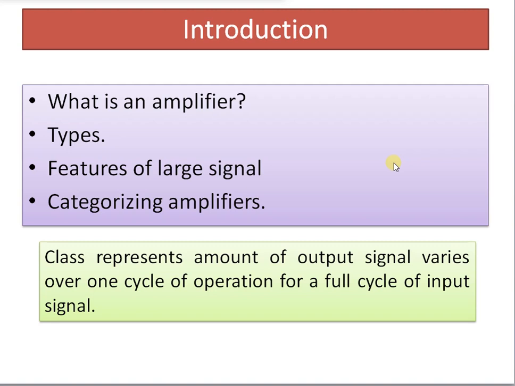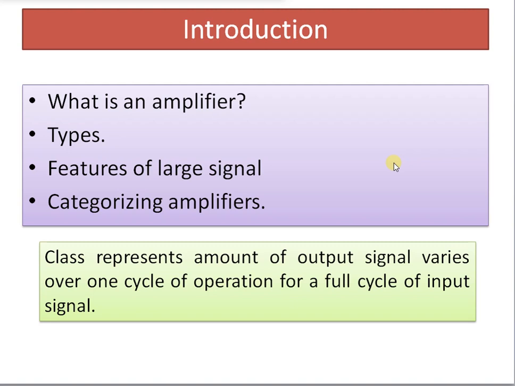So in the case of large signal amplifiers, we concentrate on amplifiers that can handle large voltage signals at moderate to high current levels. And the main features of large signal amplifiers are circuits, power efficiency, maximum power that the circuit is capable of handling, and the impedance matching to the output device.